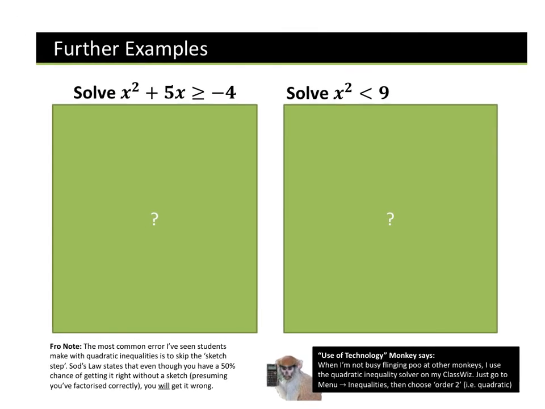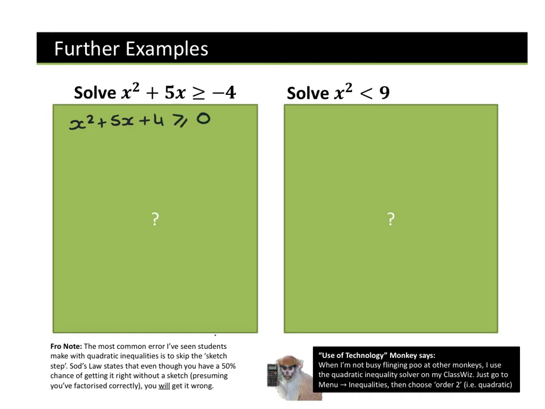So, here are two more examples. Step 1. Solve x squared plus 5x is greater than or equal to minus 4. I need to put it equal to 0. So we're going to have x squared plus 5x plus 4 is greater than or equal to 0. I now need to solve this. So I'm going to get (x plus 1)(x plus 4). So that means x equals minus 1 and x equals minus 4. Now if I draw my graph,